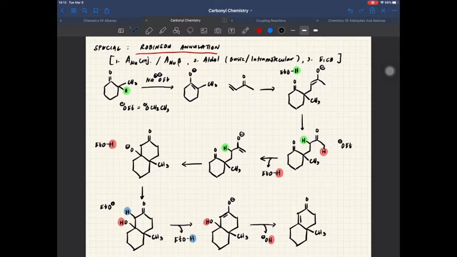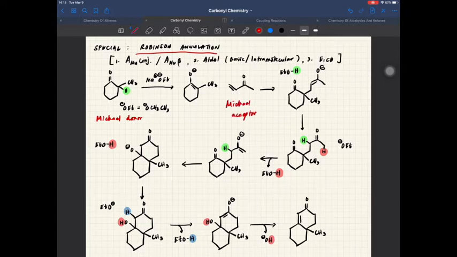The Robinson annulation is one of the most important reactions in organic chemistry because we can make polycyclic compounds from it. The essence of the Robinson annulation is having our Michael donor. The Michael donor is the one that adds to the beta position, reacting with the Michael acceptor to